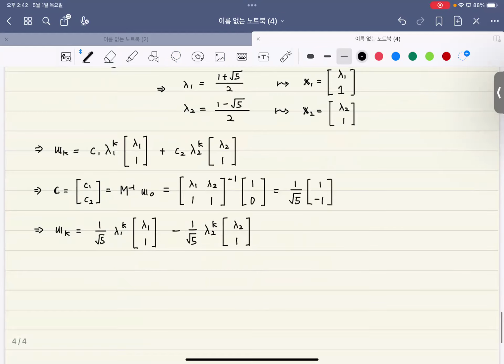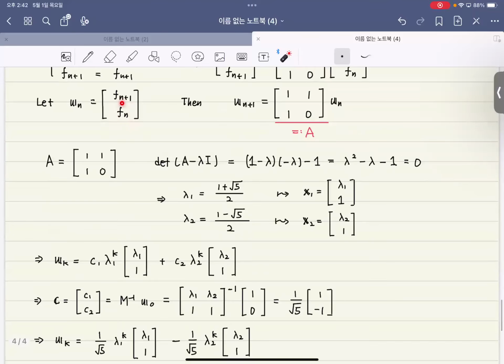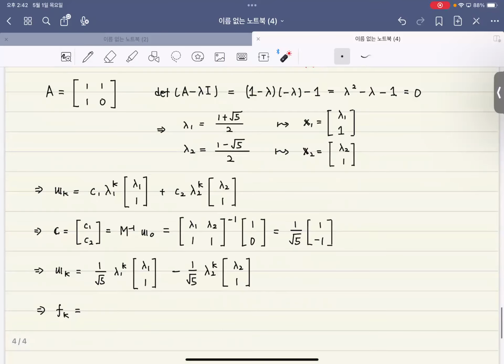Okay, so this is the answer. And so what is my Fn then? Fk is the, so I should be picking up the second component of this matrix. So this vector: 1 over square root of 5 times the so-called golden ratio